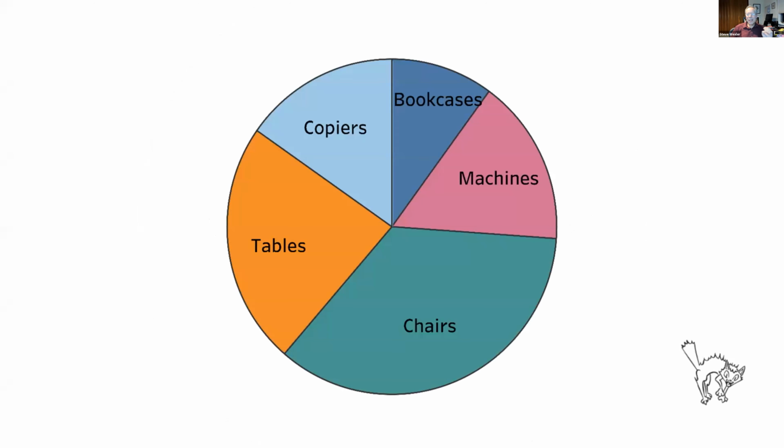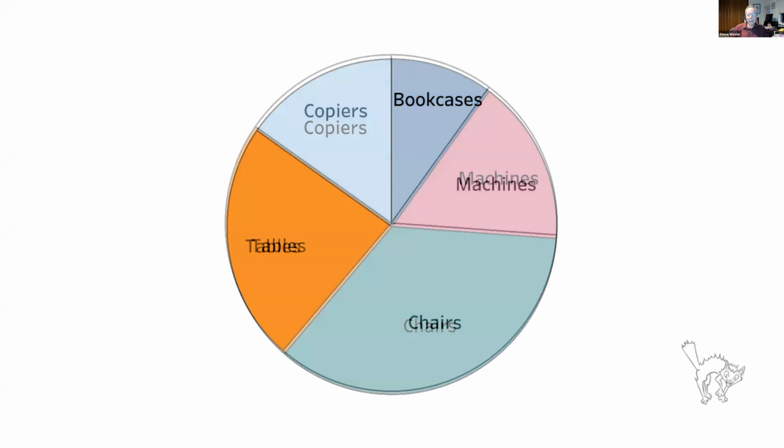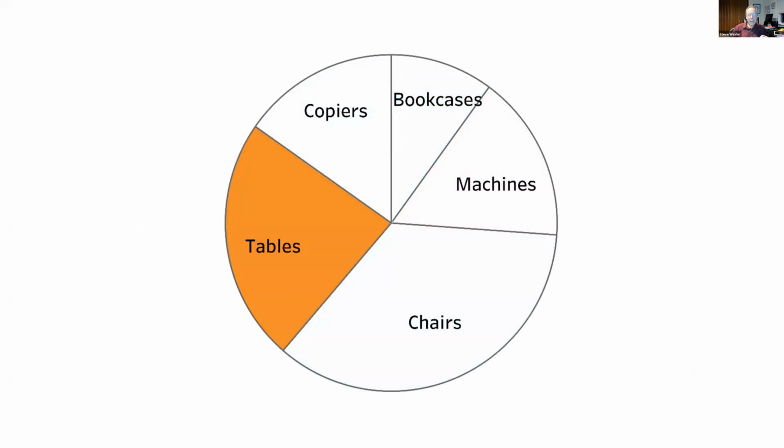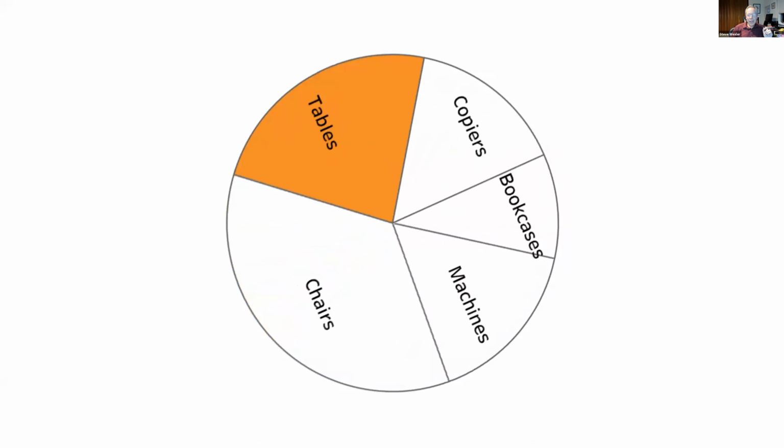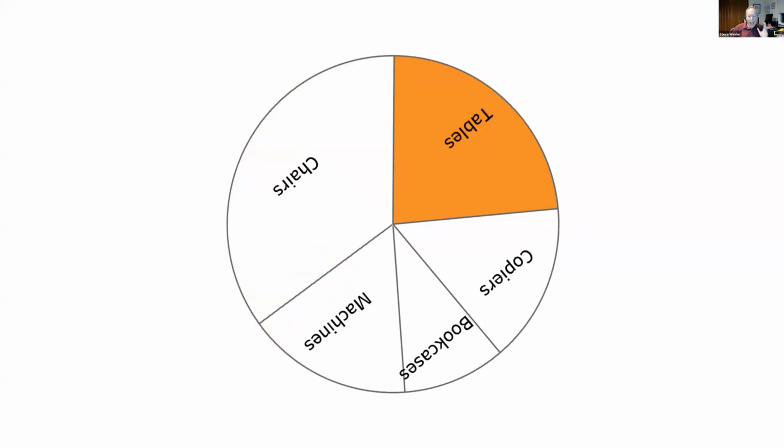But suppose I'm just interested in looking at tables. I want to know how big tables is compared to everything else. So let me just focus on that for a minute. Now, some people may be able to read this and give a percentage, but it's kind of hard to gauge how big that slice is. But if I change the orientation of this, wow, instantly I can see it. I'm dazzled at how clear this is when it was obscure at the different angle. If you start a pie chart at midnight, I can see the tables is a little less than 25%.